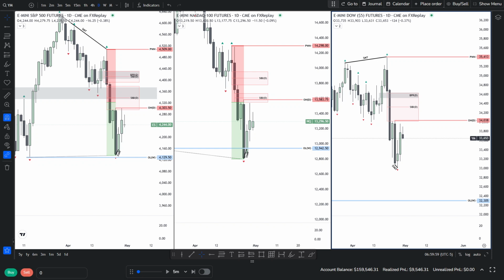So institutional order flow from a high time frame perspective is still bearish. In order to see any bullishness, we want to see this imbalance purged. If this imbalance gets violated, then naturally we would assume the market's going to attack this high here, the previous weekly high. But right now, institutional order flow is supporting the merits of lower prices currently. That doesn't mean that the market can't reprice higher. It's just from a higher time frame, we would anticipate that the most explosive move will be to the downside.